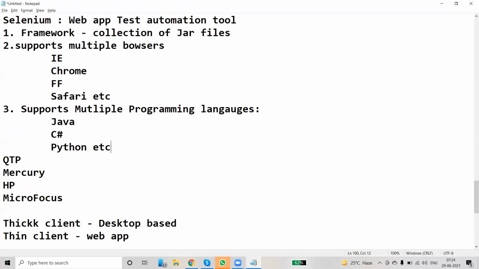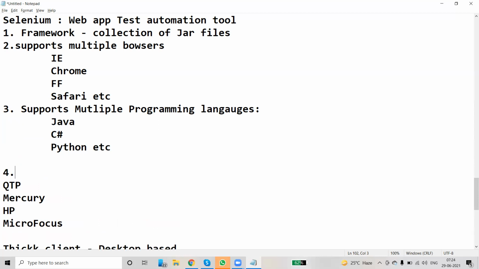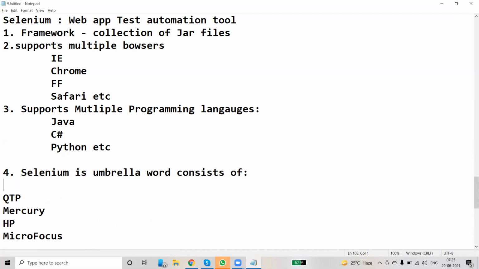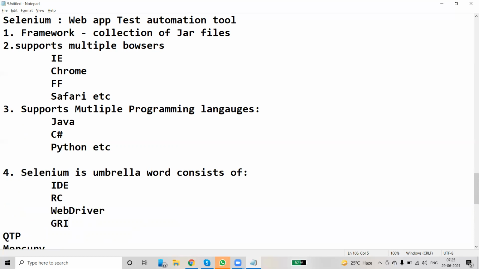Okay, coming to Selenium software. Selenium software is not a single tool, but a suite of software. Selenium is an umbrella word consisting of IDE, RC, WebDriver, and Grid.